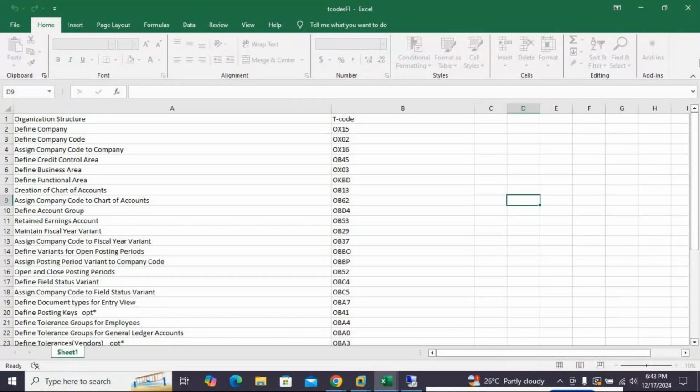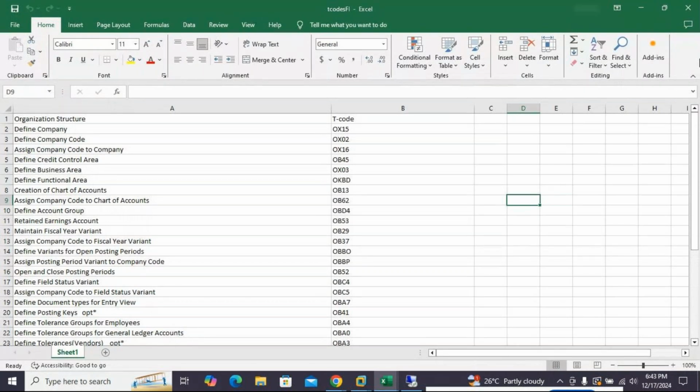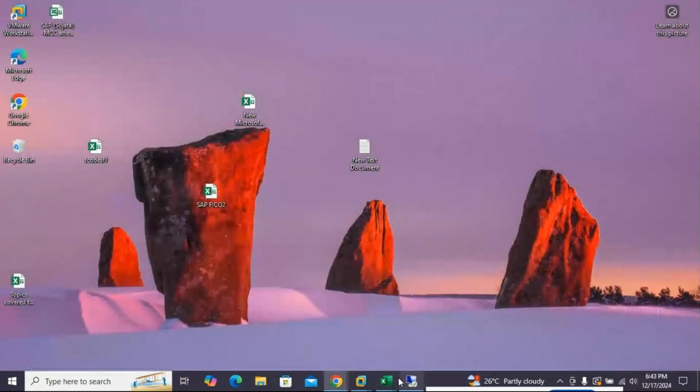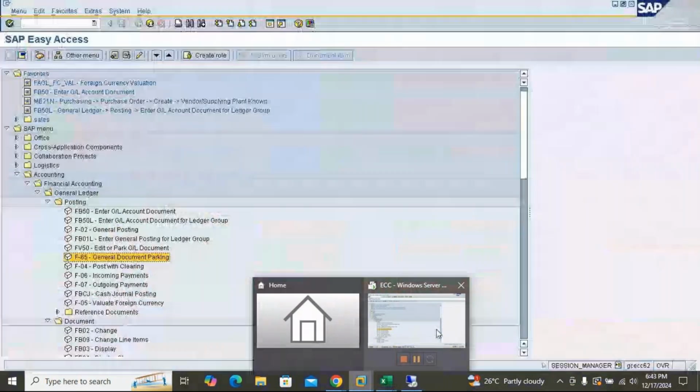So these are the T codes. I'm going to use T codes now. Define company. Let's create one more company today from the beginning. This all I'm going to do only by using T codes.